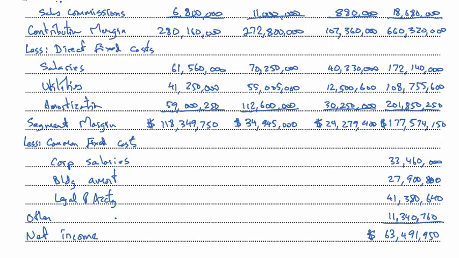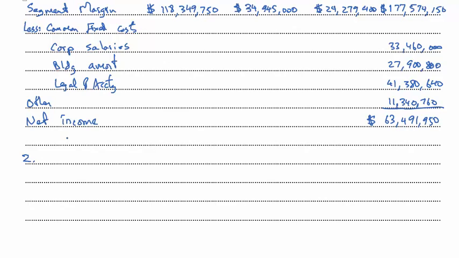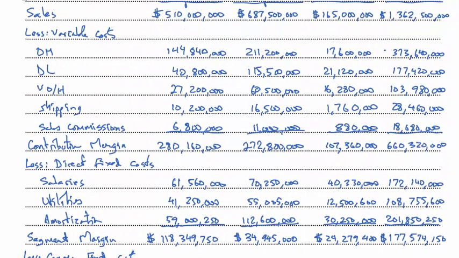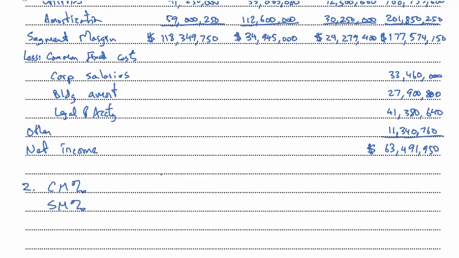Number 2 says compute the contribution margin percentage, contribution margin divided by sales, and segment margin percentage on the basis of the dollar amounts and percentages. How would you assess the performance of the 3 segments in the report? Okay, so we can just do that here quickly. Contribution margin percentage and segment margin percentage. And so again, contribution margin would be 280 divided by 510, segment margin 118 divided by 510. And so the percentages work out as follows: